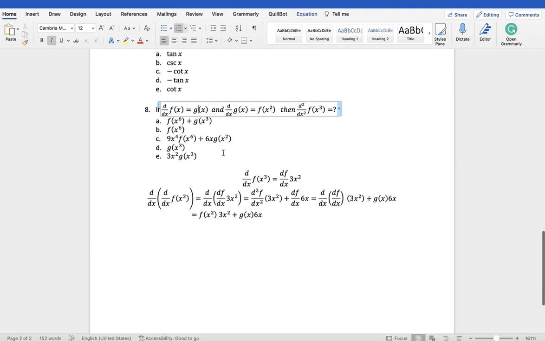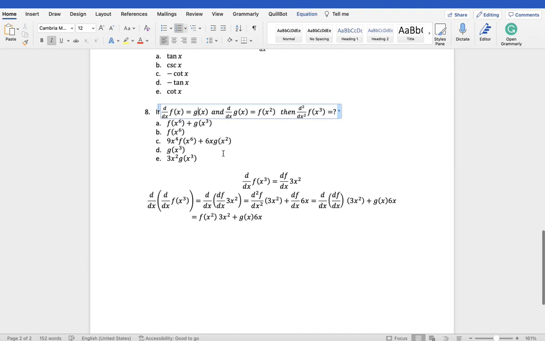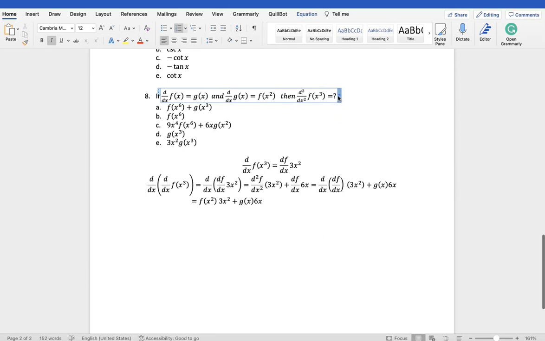So I hope that makes sense. Maybe I can rewrite it so it makes a little bit more sense. Yeah, so f of x is a function of the